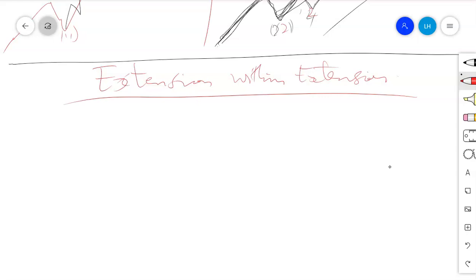Now we have various extensions within extension. Sometimes we can have maybe the first wave. Oh yes, let's start with the third wave. It's very simple. We can have the third wave, extension of the third wave extension. Sometimes we can have that. A third wave extension of the third wave extension, or sometimes a fifth wave extension of the fifth wave extension. Those are very simple ways to understand those extensions within extension. But sometimes maybe the first wave of extension may have the first wave of extension, maybe the first of the first, or the third of the third, or the fifth of the fifth.